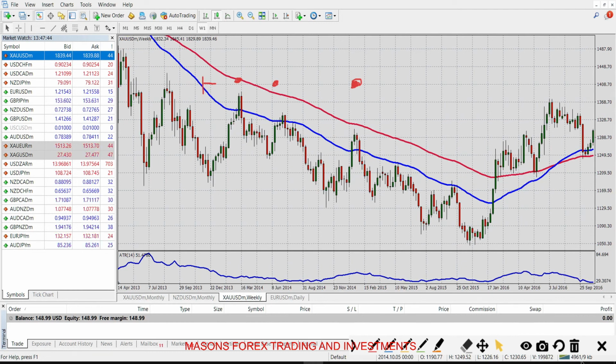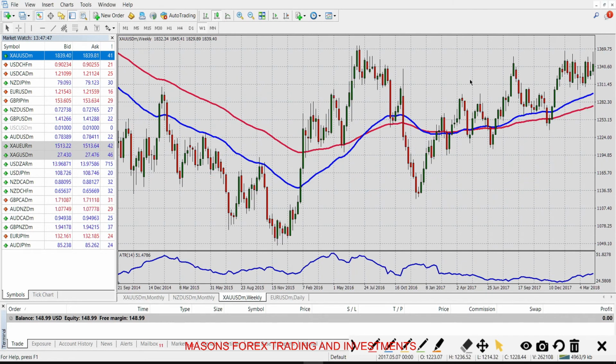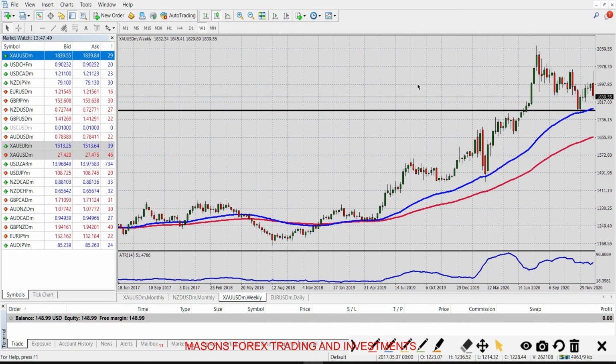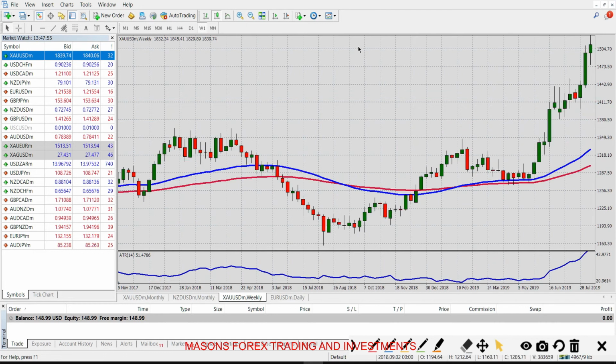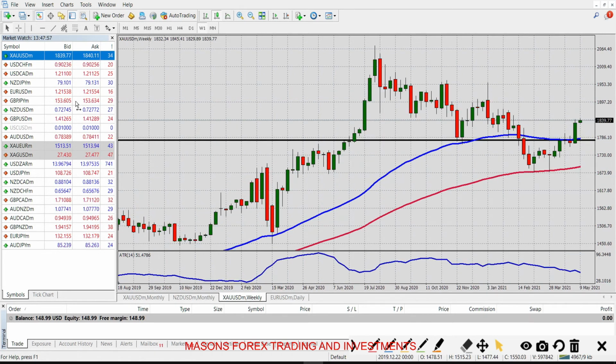And if you scroll to where we sit currently, you'll notice that at this line, at the significant area,